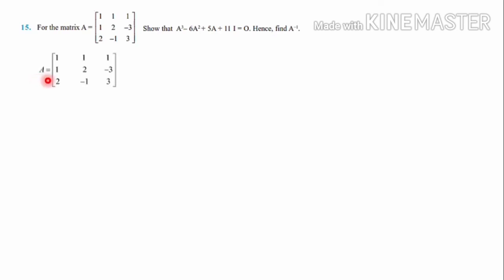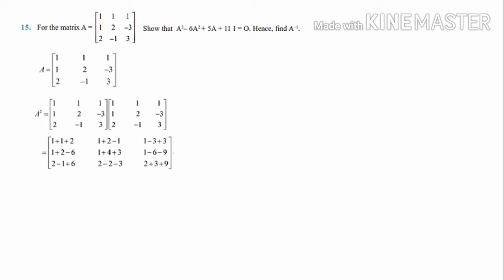Given matrix A is taken, a 3 by 3 matrix is given to you. Then first of all we have to go for calculating A square. A square, when you calculate, you will get it as A into A we have to write. Then we have to write two matrices together, and by using the matrix multiplication method we have to multiply. Then we will get A square as minus 4 2 1, minus 3 8 minus 14, 7 minus 3 14.